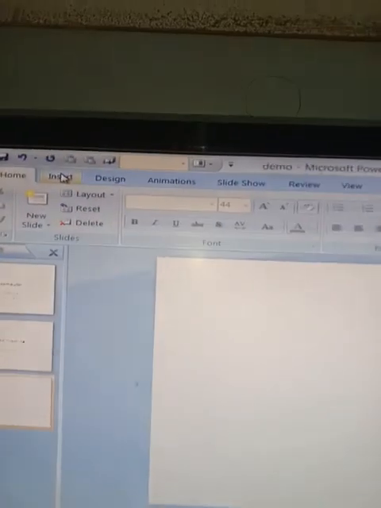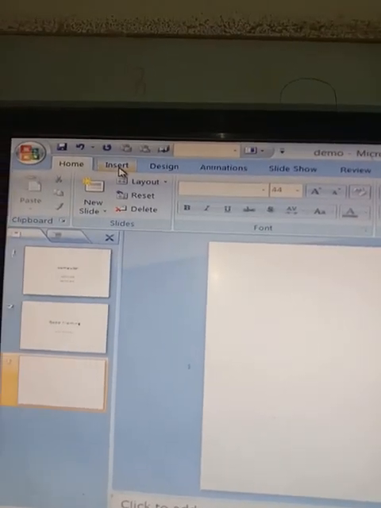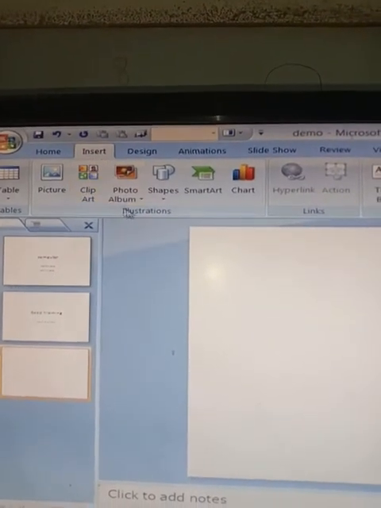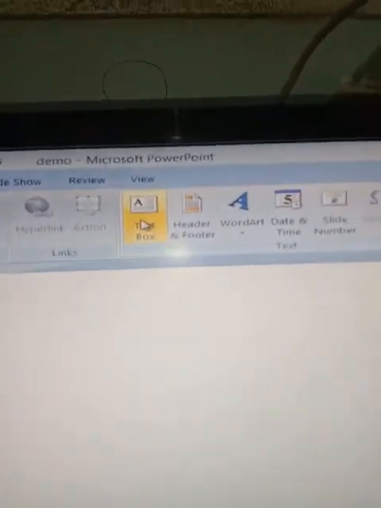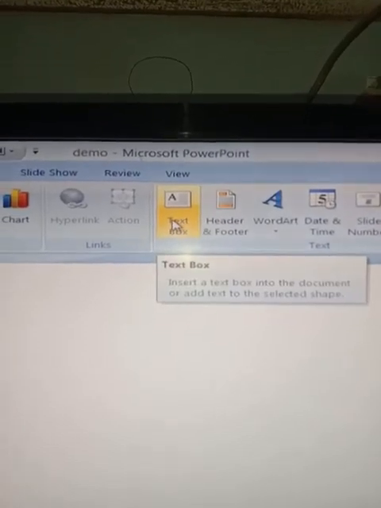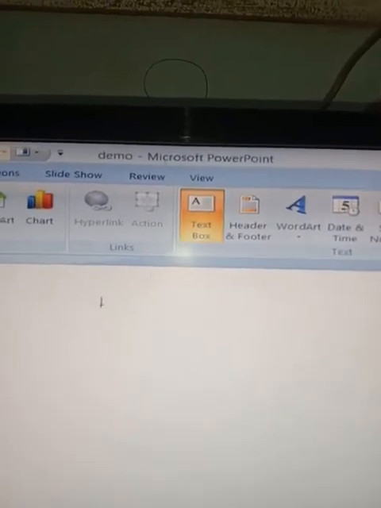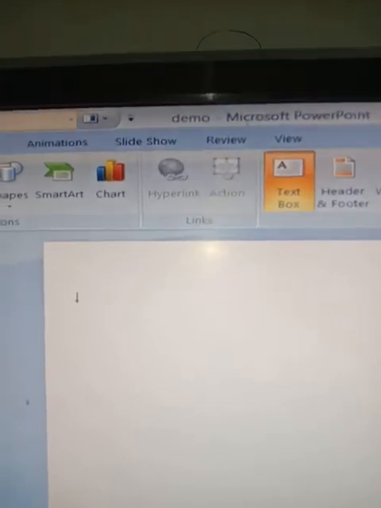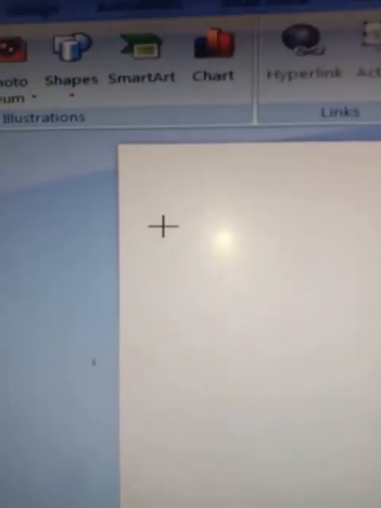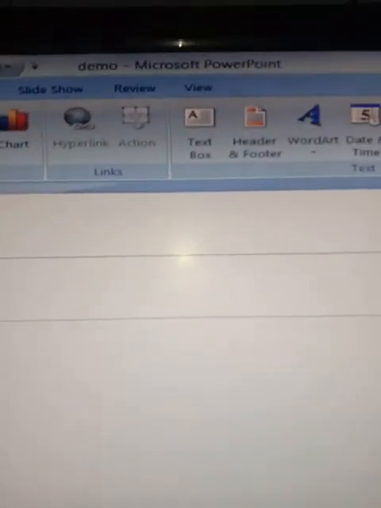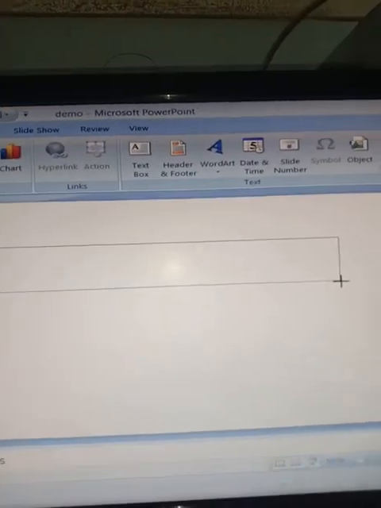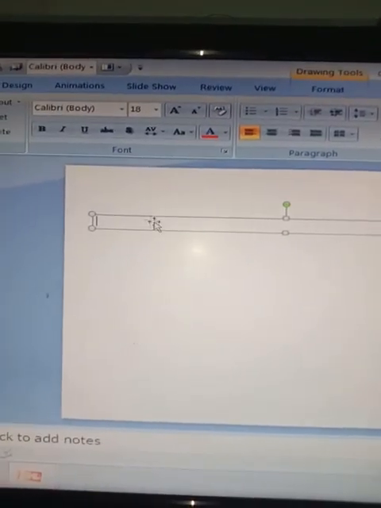In order to add the text box over here, move to the Insert tab. As soon as we click on the Insert tab, we have the option of Text Box over here. Left-click on the text box. As soon as you left-click on it, look, the cursor gets converted to this symbol. Now you can drag the text box and leave the mouse. So this is the text box.